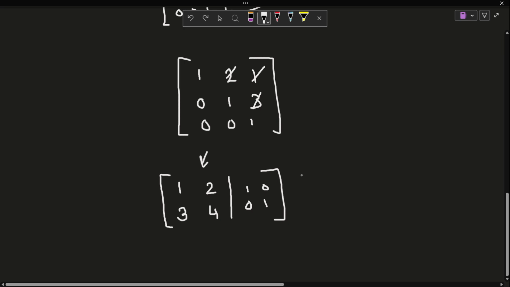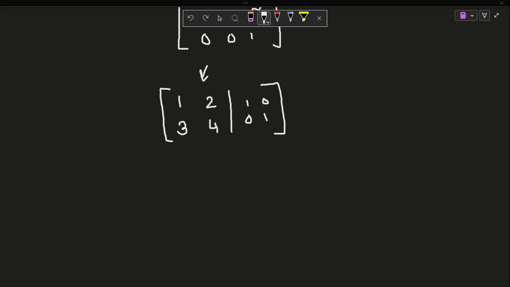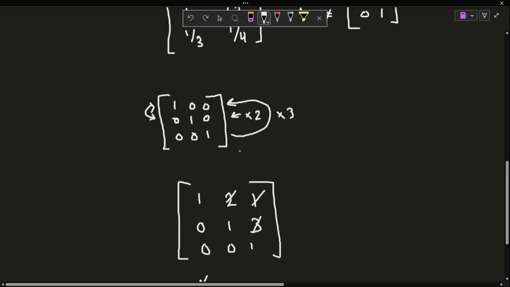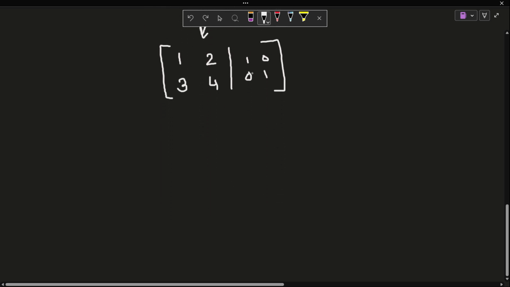So by that logic, we should be able to do a row operation here and then just store it in a different matrix. And then when we multiply these two together, we should just have inverses. So this left part would be our transformed into identity, and this one would be transformed into inverse. And I hope that made sense. It's just a very simple concept that we're just using the logic of our elementary matrices and taking this at face value in order to come up with our inverse. And I'll demonstrate this just to make it abundantly clear how this works.